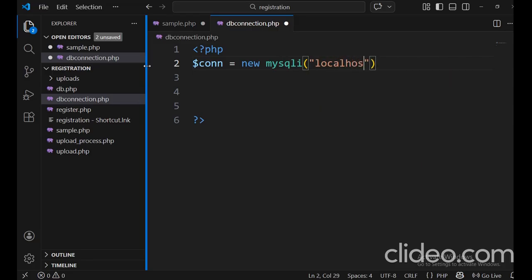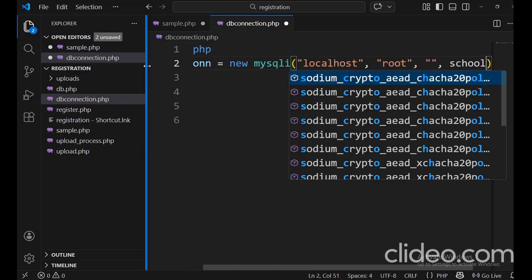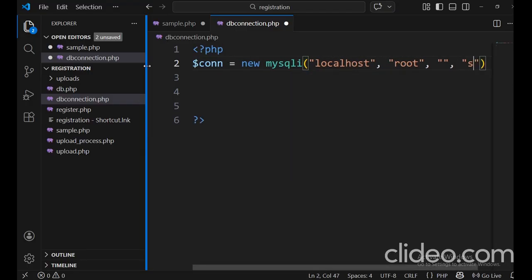Okay, localhost, root, password is empty, and database name school. Okay,